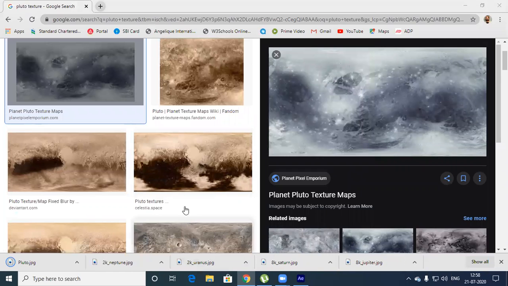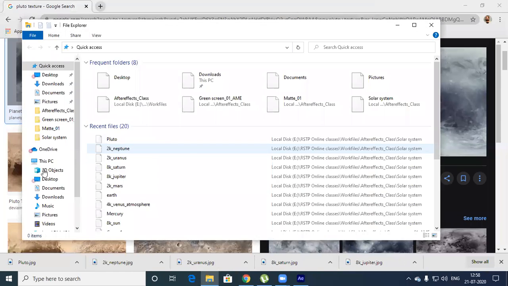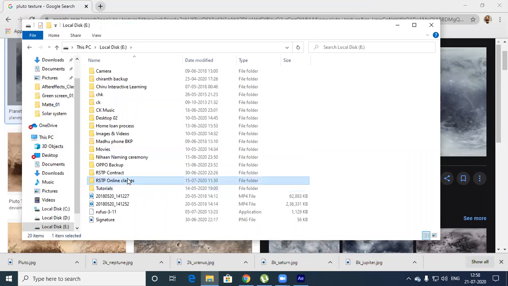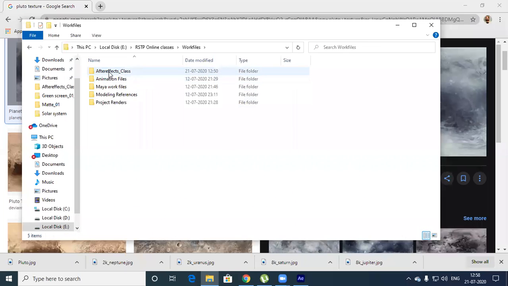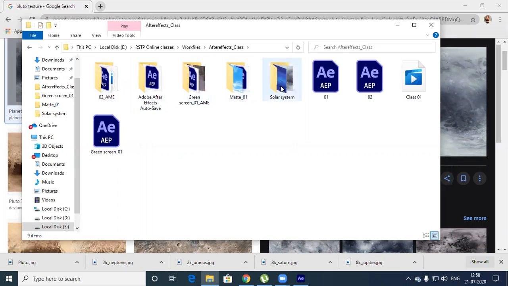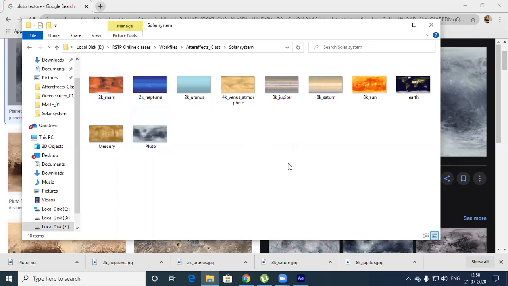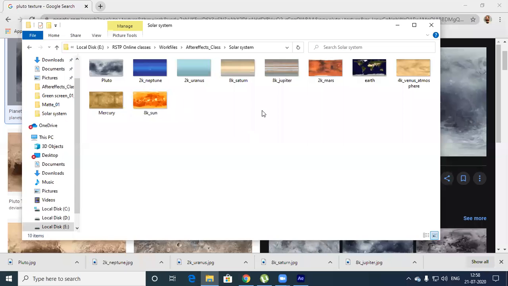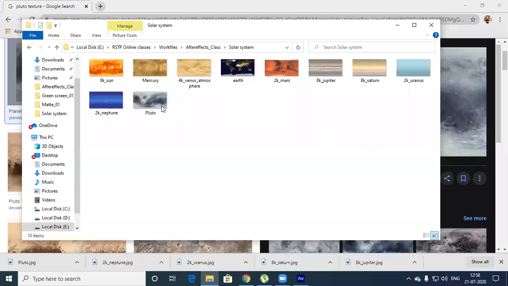Okay, so we have downloaded all the source images, and these are our footages: Sun, Mercury, Venus, Earth, Mars, Jupiter, Saturn, Uranus, Neptune, Pluto.